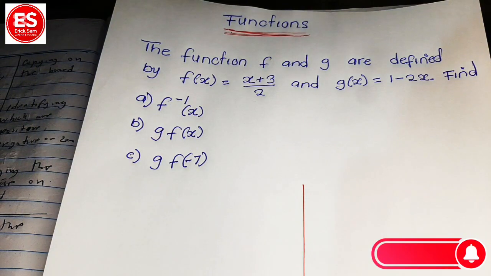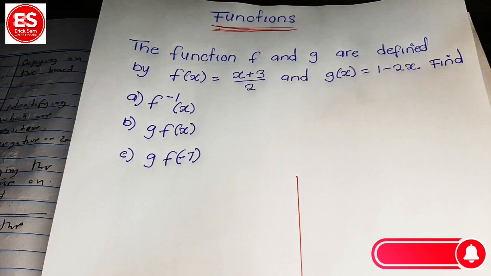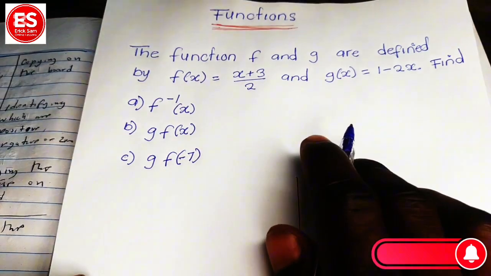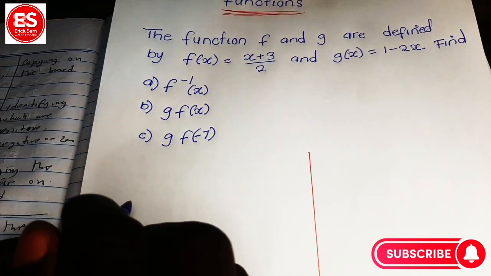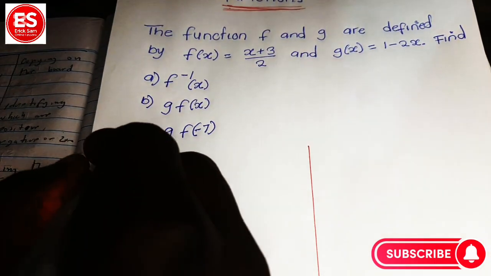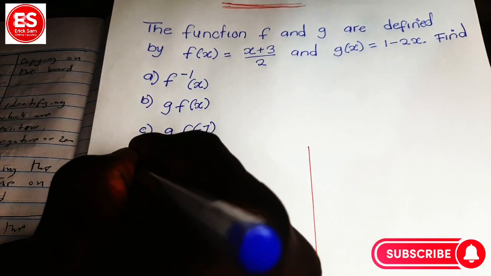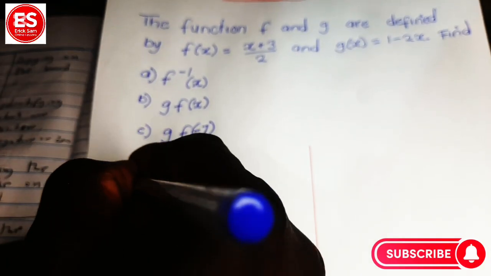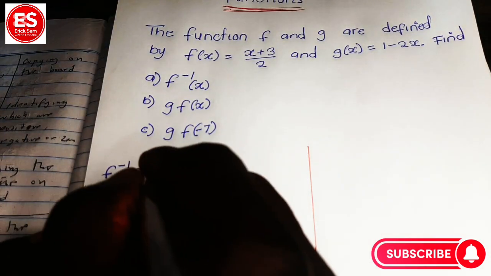Now, how do we find these? Let's start with number 1. To find number 1, what should we do? Let's use this space here. To find the inverse of f(x), we are going to say let